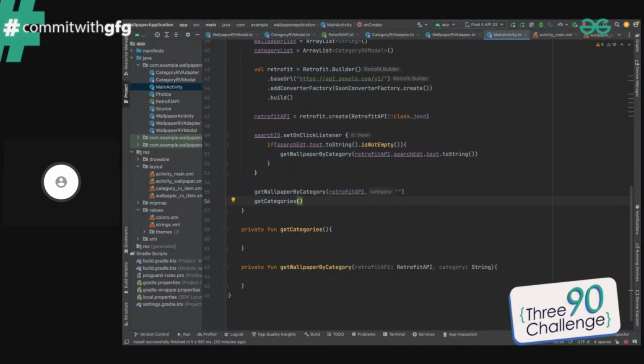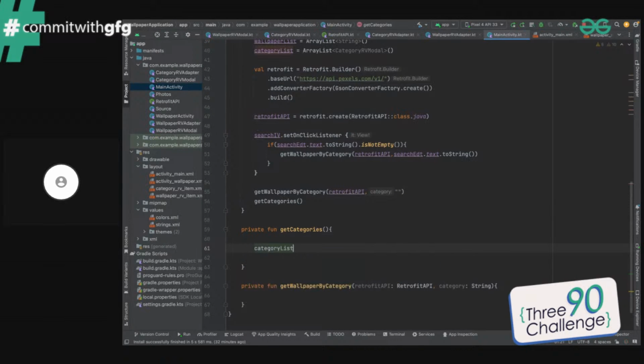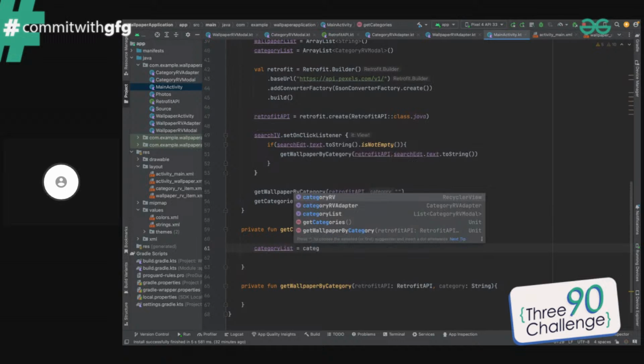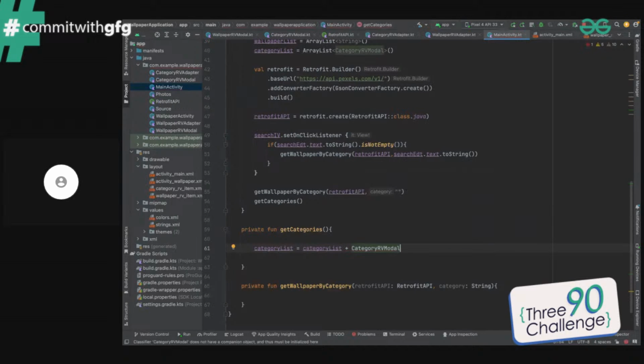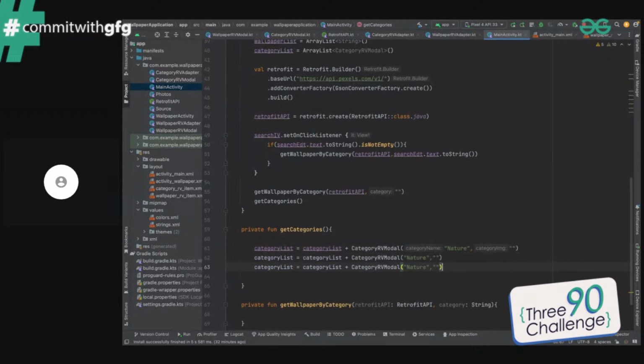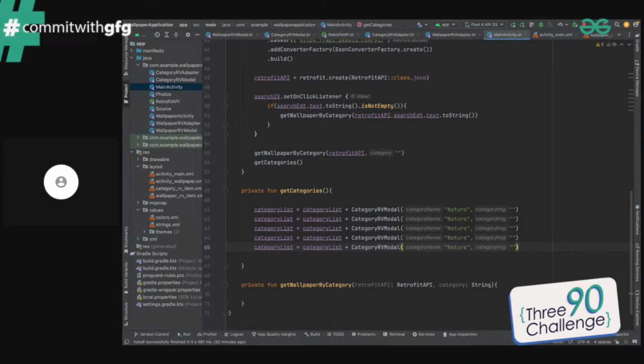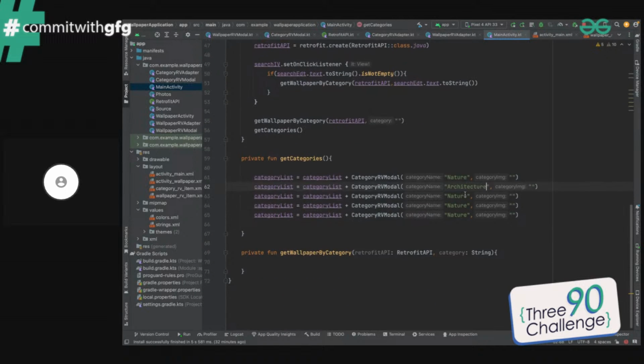Now firstly moving towards the get category method. Inside the get category method, we'll be loading the categories. So firstly we have to add the data to our category list. We'll be simply calling category list plus, then adding the data from inside our category RV model. So inside this, firstly we have to specify the category name, then we have to specify the image URL to be loaded in the category. So we can add the different categories, that is our nature, architecture,